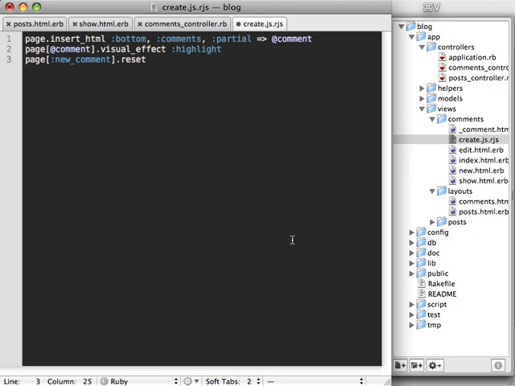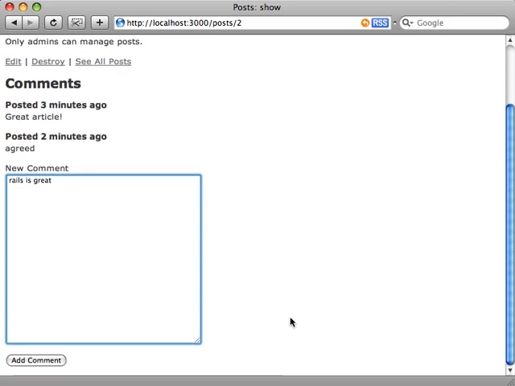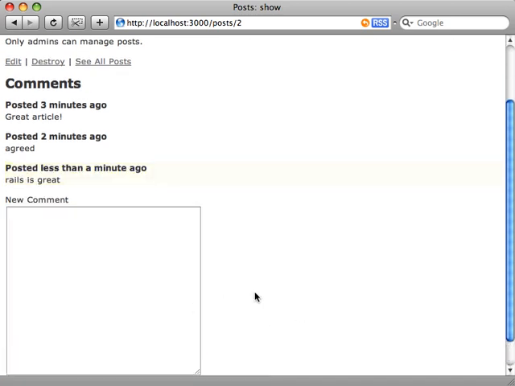So in here we want to do 3 different things. We want to insert our comment to the bottom of our comments div, and then we want to highlight it, and then reset our new comment form. Now we can try this out. Let's submit a new comment. And there we go. It inserted the comment, highlighted it, and cleared the form, all without reloading the page using